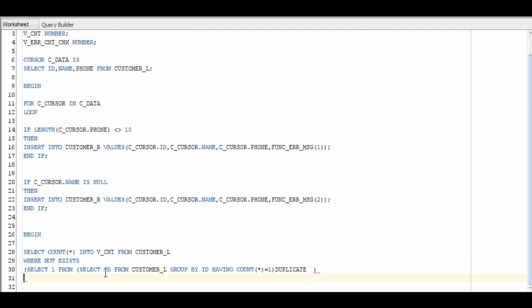We'll be covering not in and not exists queries in a separate video. For now, just understand this with the help of the business rule.